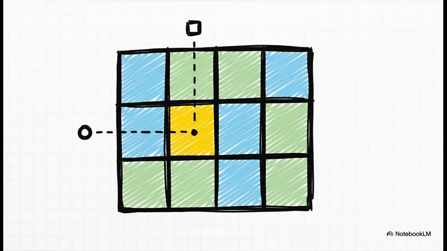The spreadsheet analogy is absolutely perfect. Or think of it like a game of Battleship. You can't just call out a number, you have to call out a letter and a number, like B5, to pinpoint a specific square. Every piece of data in a matrix has that same kind of two-part address.